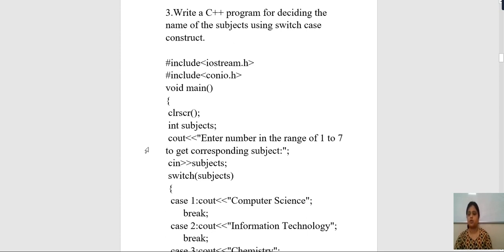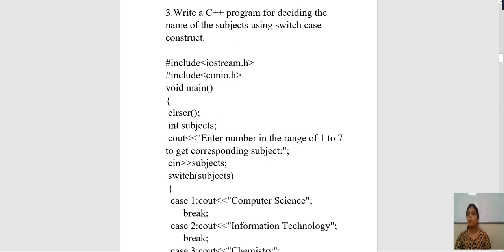So here you have to write a program on the switch case construct. In this program you will include the header files. The first header file is iostream.h and the second is conio.h. So you have to include the two header files, one for input output and the second for console functions. As I have explained previously, hash stands for preprocessor, and include means it includes the different files mentioned in your header file. In the first header file there are different input output statements, and in the other there are different console statements.